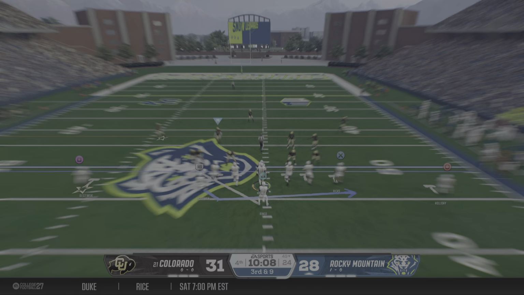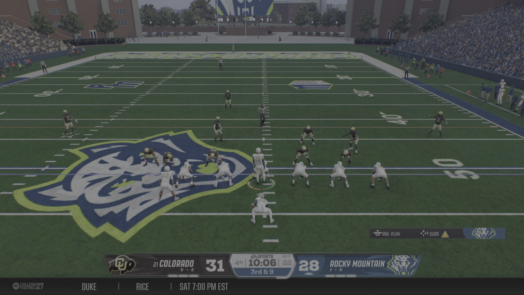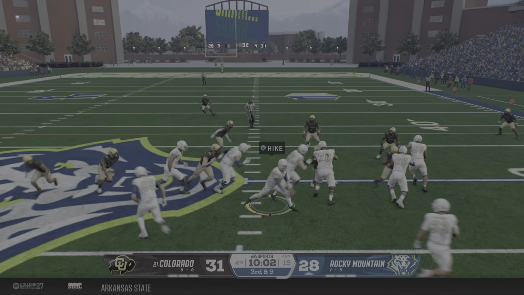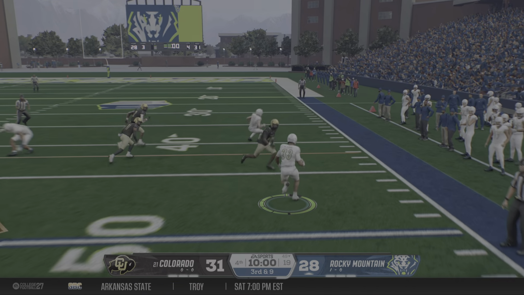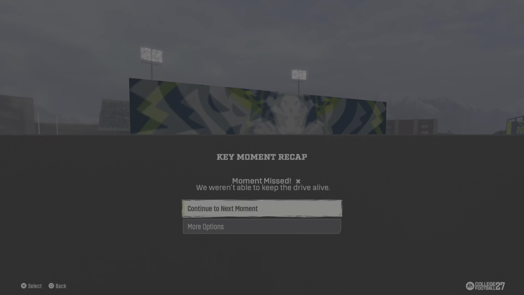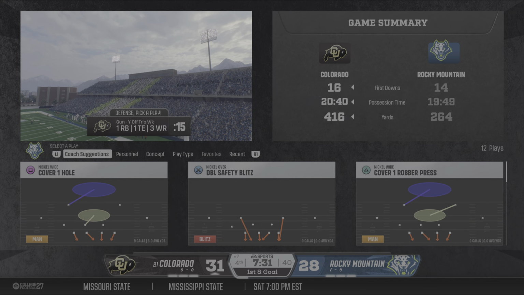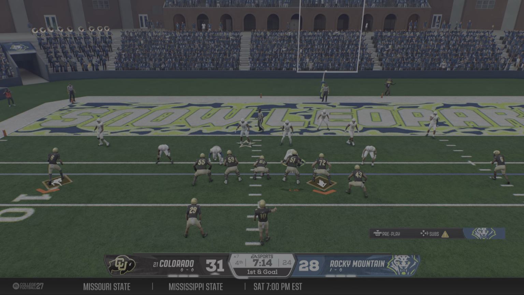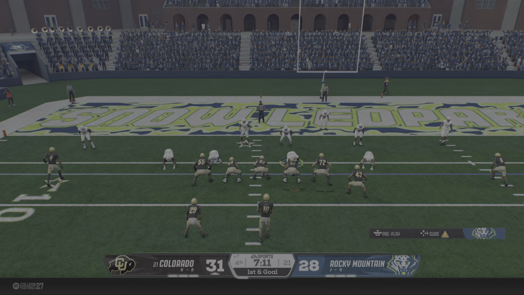It'll be third and long. They'll send the back in motion. Finding an escape route. He picked up some yardage, but they've really got this offense humming. Just a 4th play of the drive, and it's first and goal.